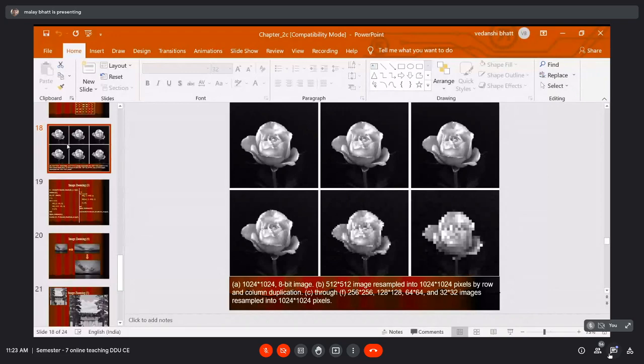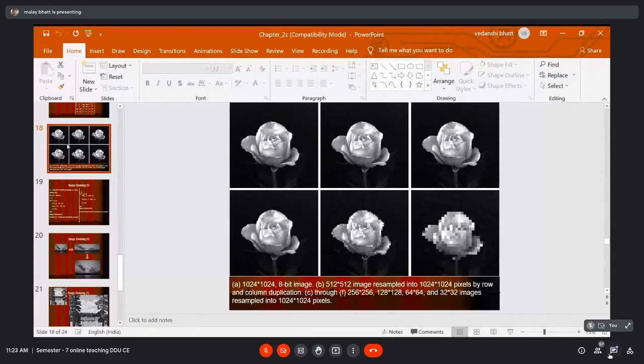Now the previous one, the bottom row first image, is 128x128. When it is converted to 1024x1024, the petals of the rose are still not very clear. You can find jerks in the petal, an uneven boundary. You don't find a smooth boundary of the petal.